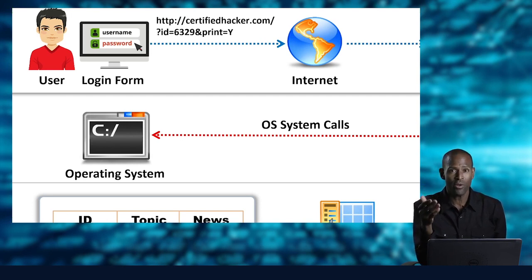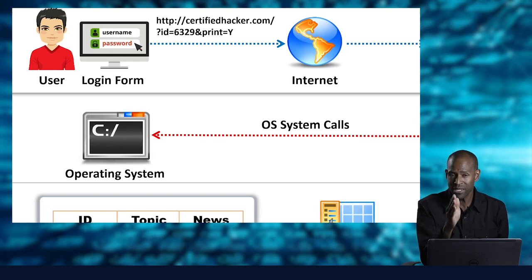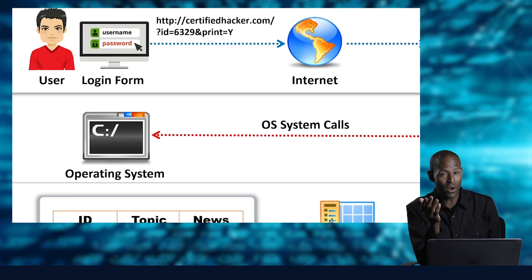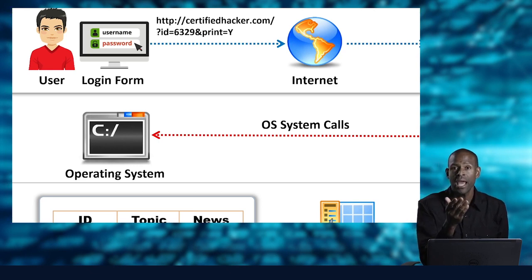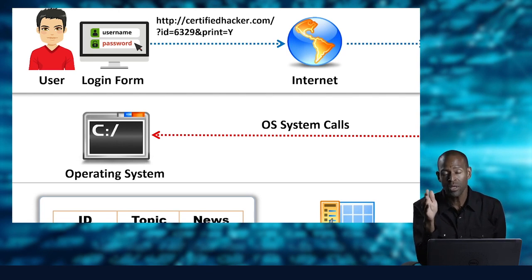That's called parameter tampering, and all that takes place after the question mark. Before the question mark is document location and protocol. After the question mark are parameters that, when you hit enter, are sent back to the web server for processing,